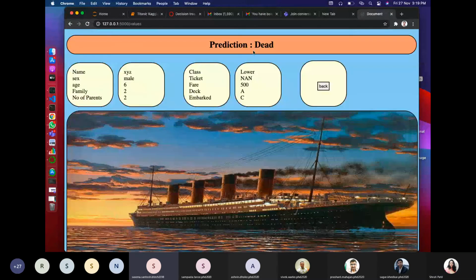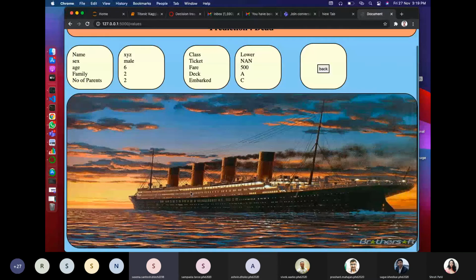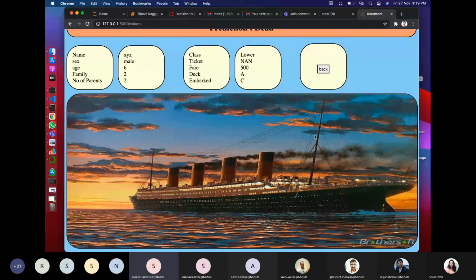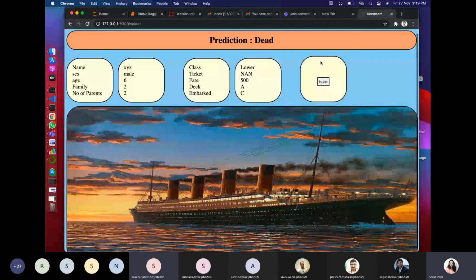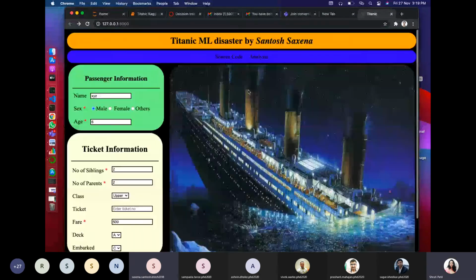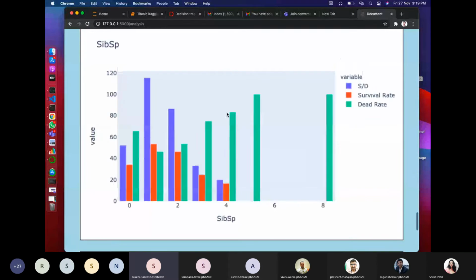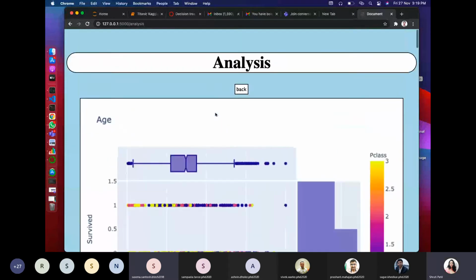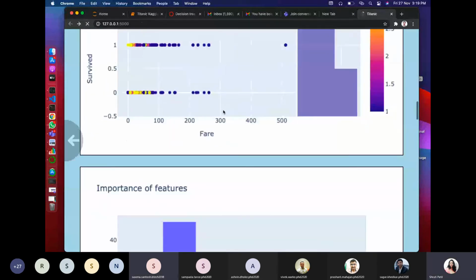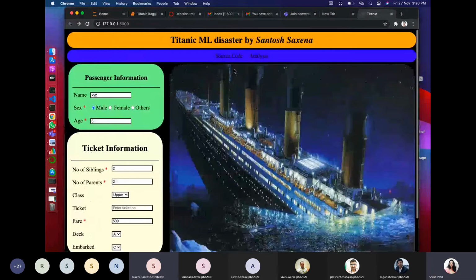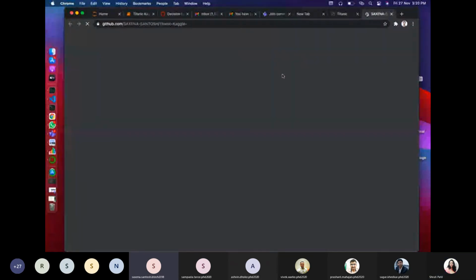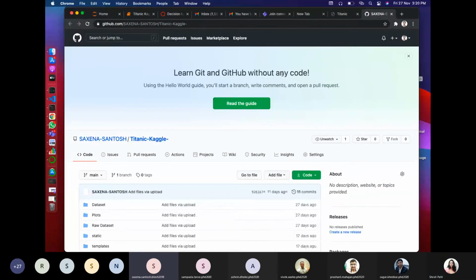As you can see, our AI model is embedded into it and working with this web application. We can also analyze this: all the plots which we got in our coding sections are available here, so we can check them. The source code is available in my GitHub repository.